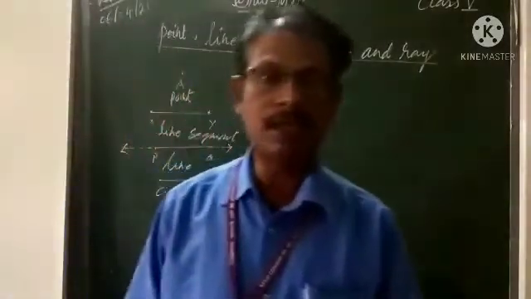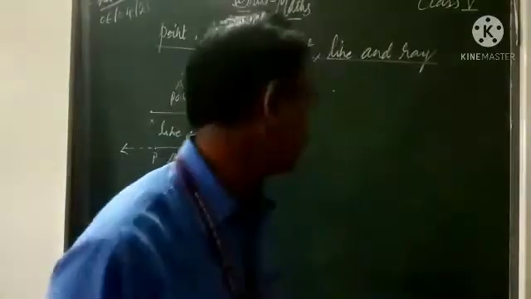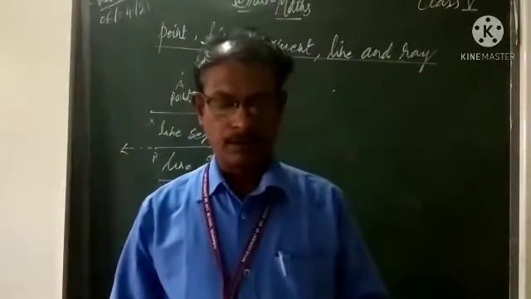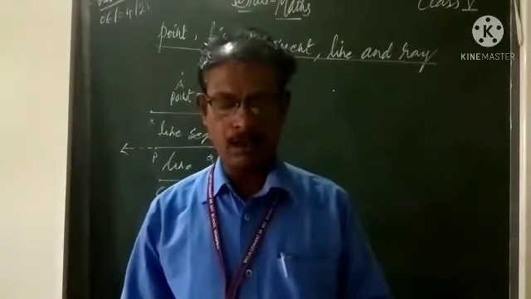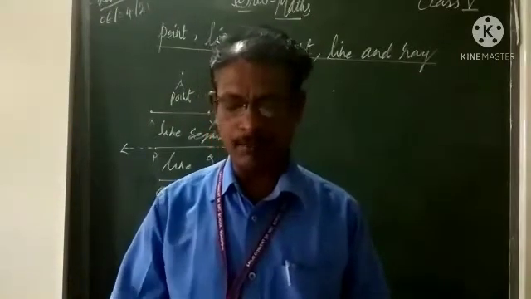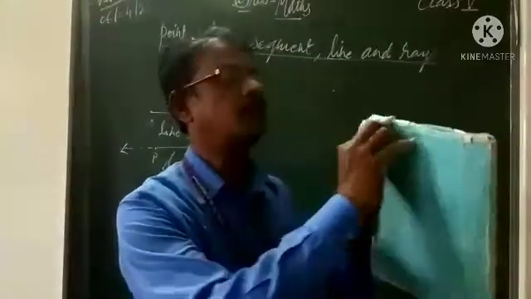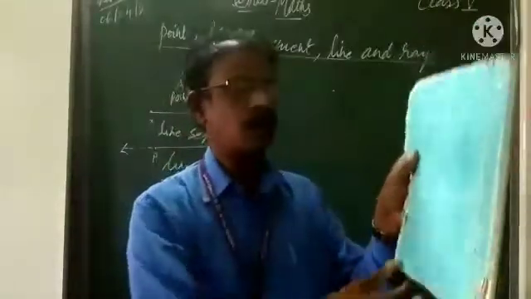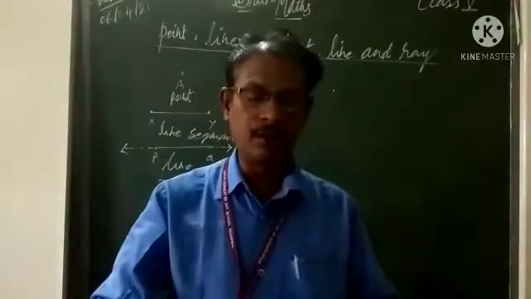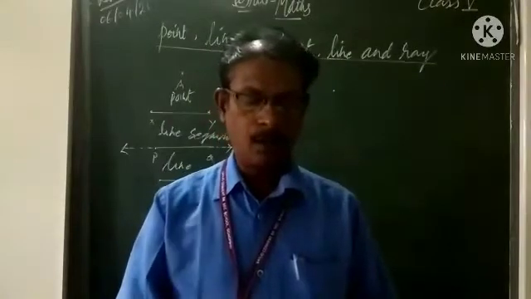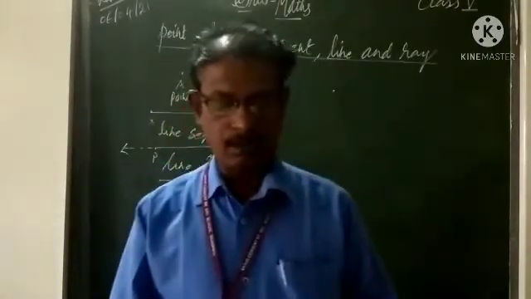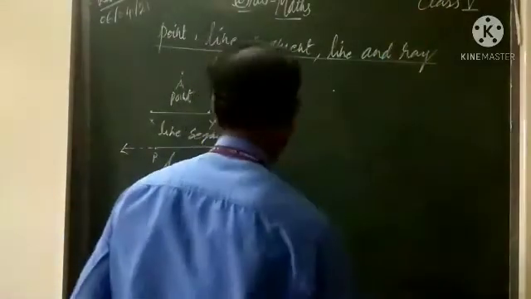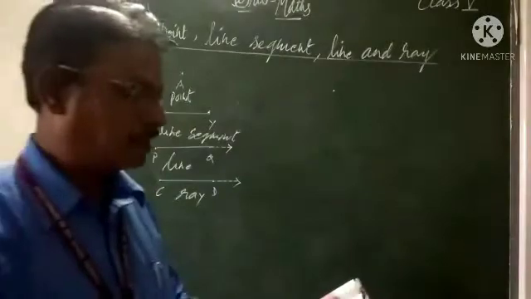Understood? A point determines a location. It is usually represented by a capital letter. A point is always represented by which letter? Always you have to take a capital letter only. Keep in mind. The corner of the page of your notebook is an example of a point. The corners, 1, 2, 3, 4, we are getting. The corner of the page of your notebook or textbook is an example of what? Point. Many things we are getting as points. Here also points on the blackboard, here 4 points we are getting.